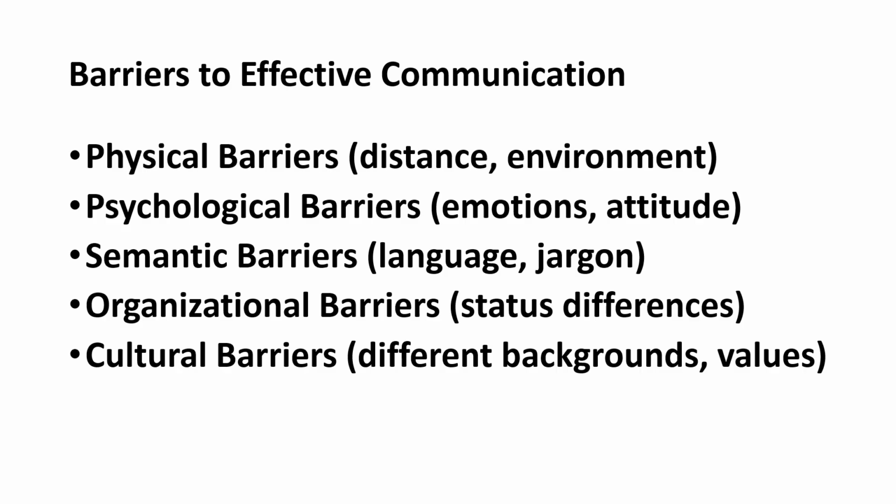So what are then the barriers of effective communication I was talking to you about earlier? First one is physical barriers. Can be because of distance or environment. Second is psychological barriers. These are emotional filters, attitudinal problems, etc. Third one is semantic barriers. This is the confusion with regard to the symbols we use and the language you use and the jargon of the language. And fourth one is organizational barriers.